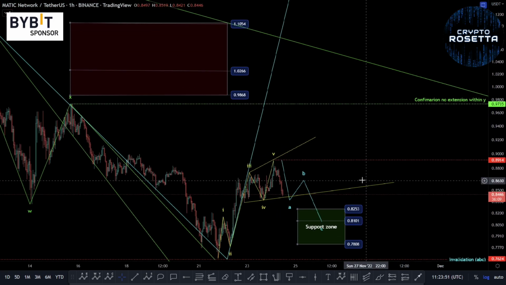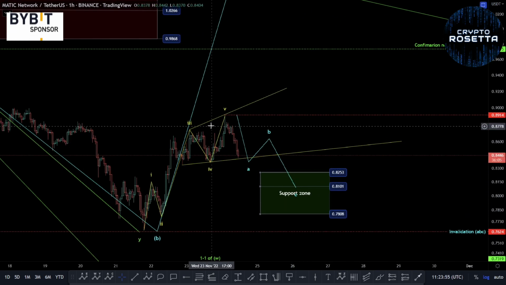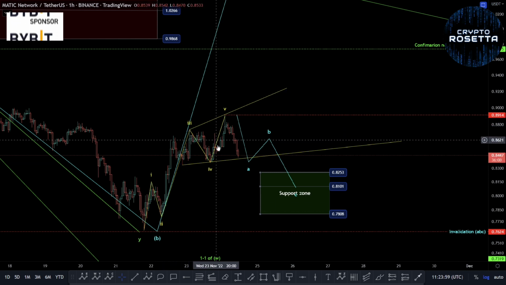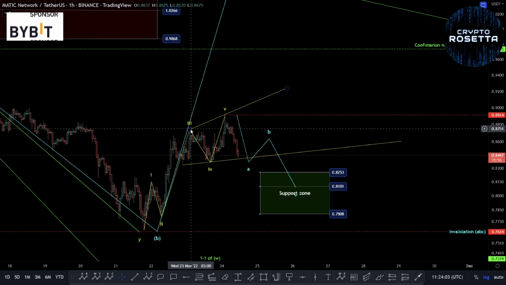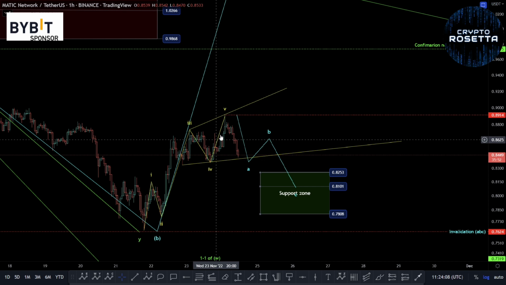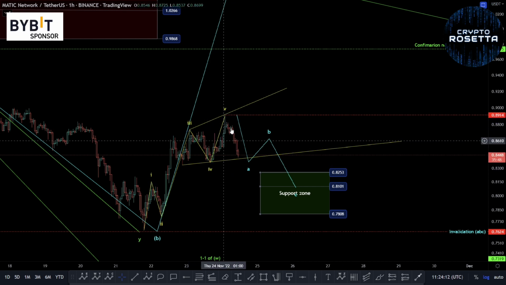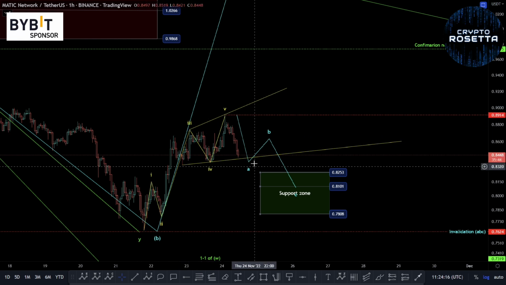So currently I'm having a look at this move, and I've just drawn on these lines here because you can argue that you have the third wave complete here, and that you now have a fourth and a fifth already in place. Although the structure of this just looks like an ABC currently,